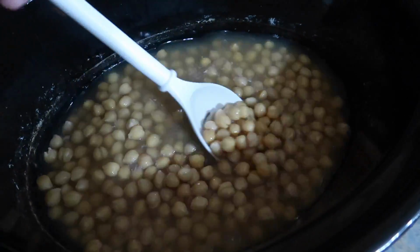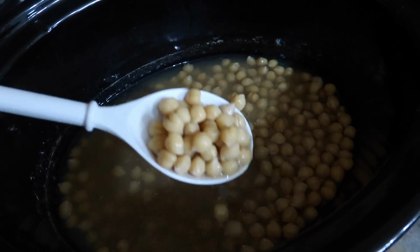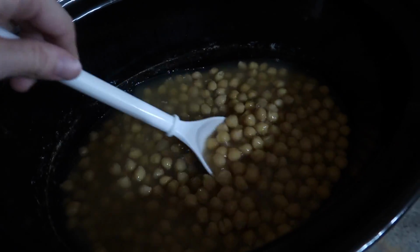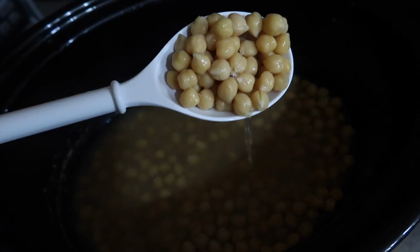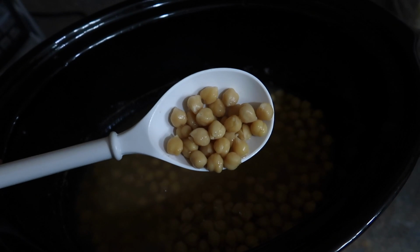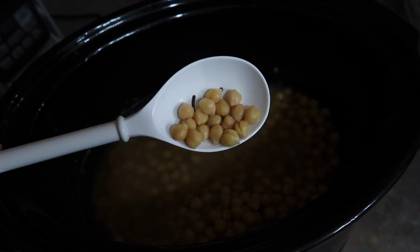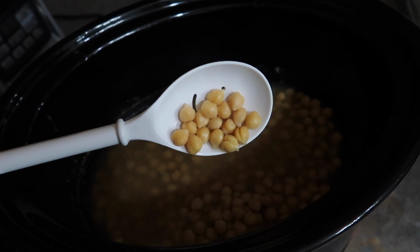Okay, the chickpeas are now done in the crock pot. They're still gonna kind of sound like they're hard. I don't know if you can hear that. But if you take one with your finger and squish it, it should squish into mush. And that's when you know these are done. So you can blend these up for a hummus, or you can make the little side dish that I will